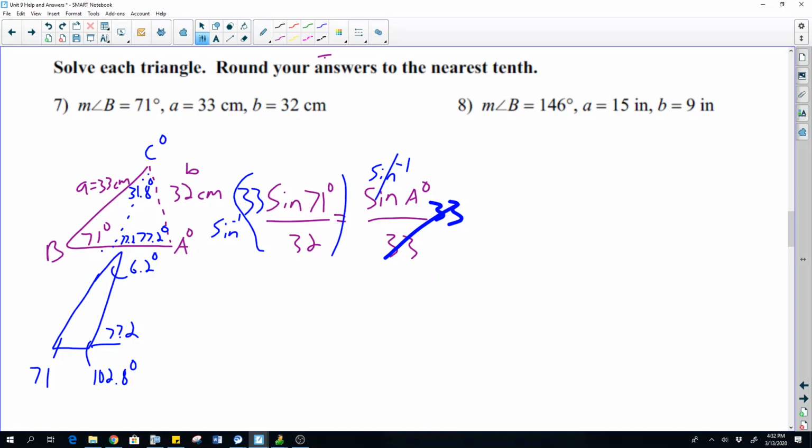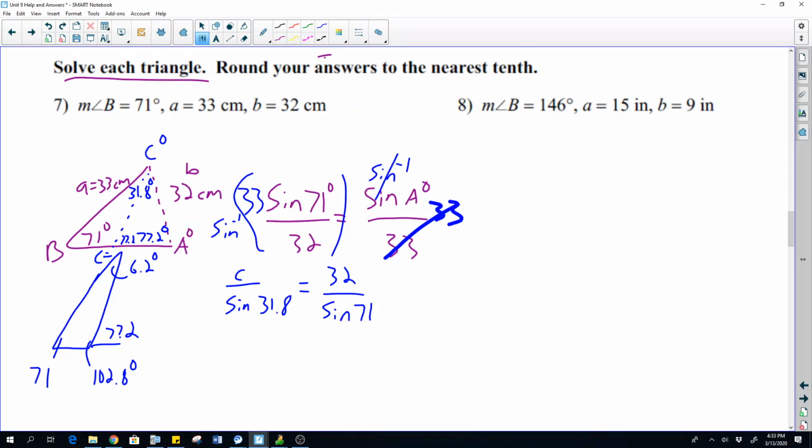They want us to find little c next and find all the sides and all the angles. So we're going to go C over... So now we're going back to the top one. It is two triangles, but they want you to solve them all. So now we're going to go c over sine 31.8 is equal to, we'll choose what they already gave to us, which we'll just use big B and little b. So 32 over sine 71, good.